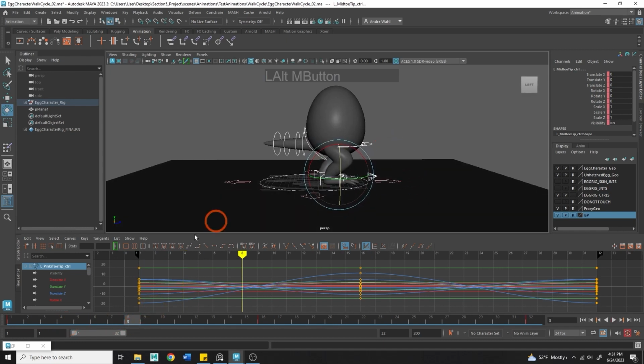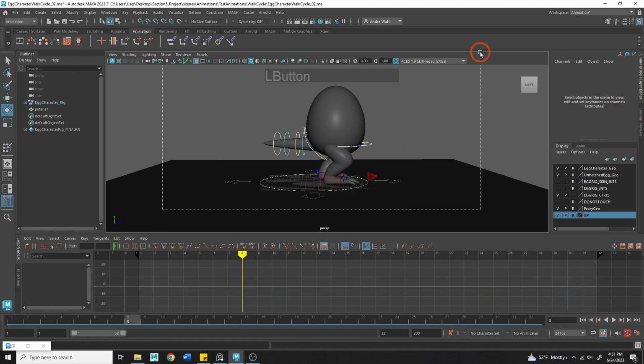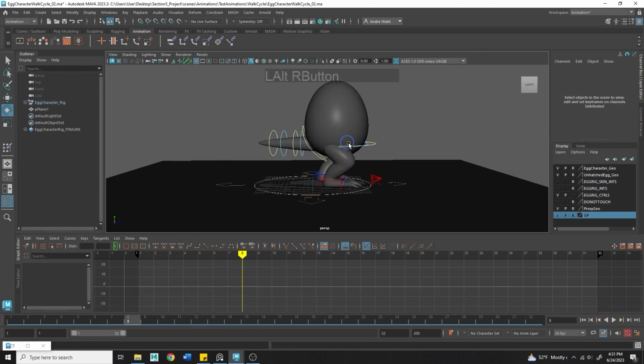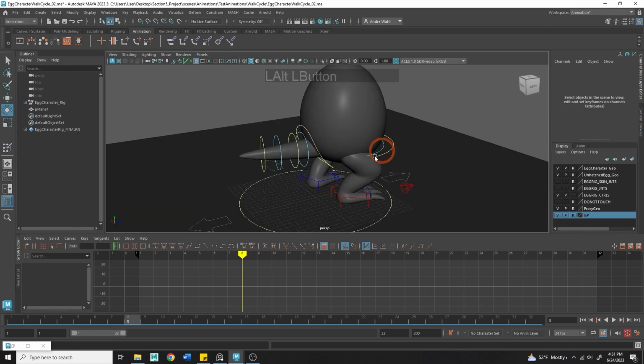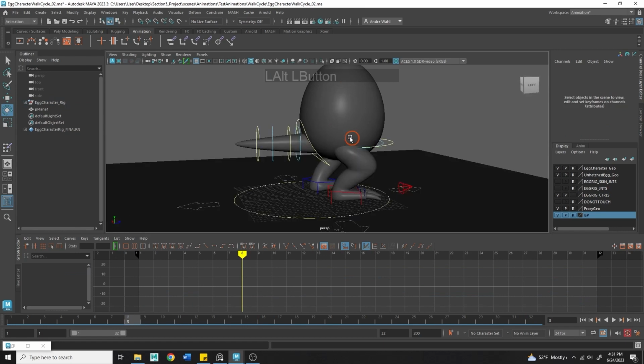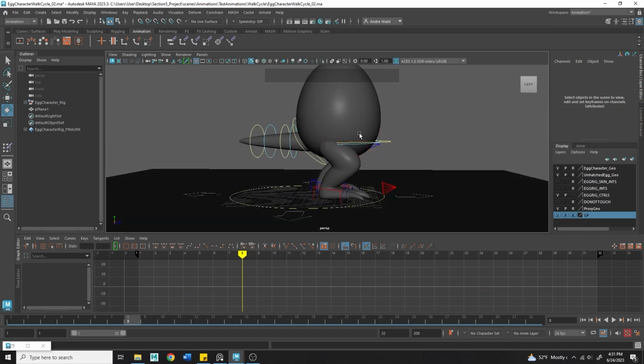Now, coming into the passing, I'm just going to get to frame 8. I'm going to highlight all of this and hit S. A lot of this is actually going to stay pretty much the same. The egg tilt can stay the same and the tail can stay the same. We're mainly going to worry about the elevation of the egg, and we're going to worry about the placement of